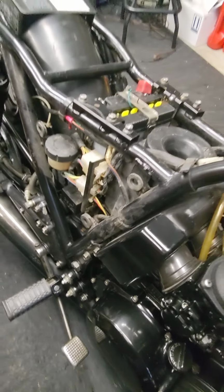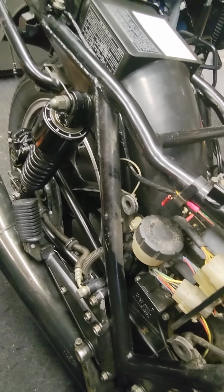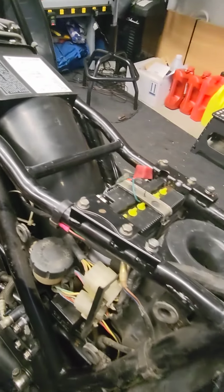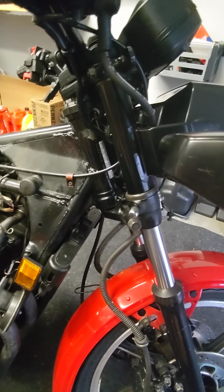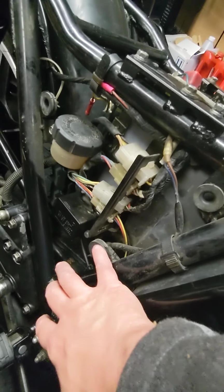Yes, there's grime, and I'm glad there's grime because that tells me that I'm looking at the true condition, and nobody's cleaned it up recently. And there's all sorts of clues that nobody's been up under this painted work very much in the lifetime of the bike. 40-year-old bike, when every grommet is nice and smooth, there's not a tear, there's not a crack,